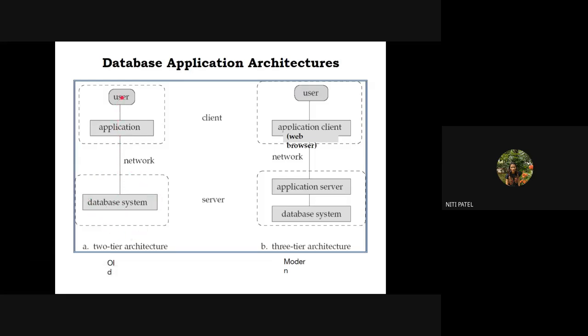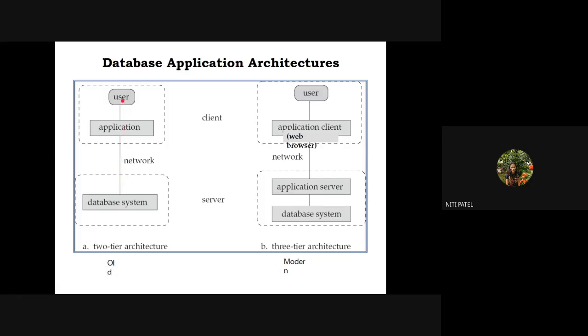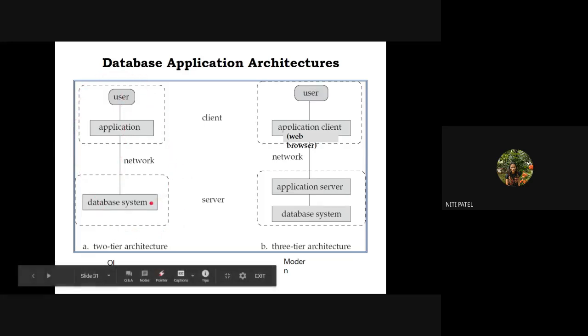So if I am a user, I have requested the marks of CO of second year computer students. I will write a query like this and send that query to the system. The system will search the second year student computer engineering table. It will extract the information of CO, and whatever information is asked with respect to CO, it will provide it back through the same network to the user. That is what a two-tier application is.